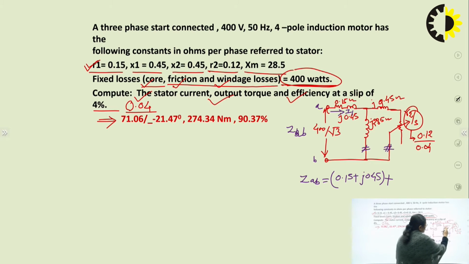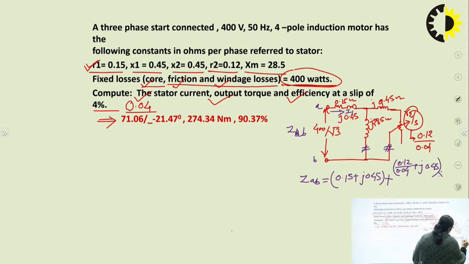In these two branches, I can write it is 0.12 upon 0.04 plus j0.45. It is connected in parallel with a reactive impedance of j28.5. So the equivalent parallel can be determined as this impedance multiplied by j28.5